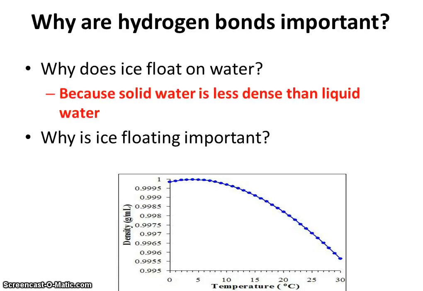This is really important because, keep in mind, if ice is floating, if cold solid water is floating where the hotter water is, it's going to start melting. If water was like every other molecule on Earth, and when it turned to a solid it just sank down, it would sink to where the colder water was, and it would melt a lot slower. In the meantime, more water would turn to ice and sink, and more water would turn to ice and sink, and eventually the oceans would freeze over.